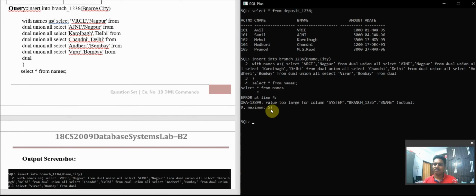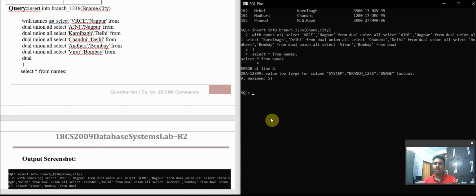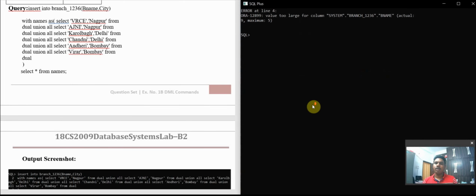The maximum is 5, but here I'm entering 6 or 7 values. That is the reason why it's showing an error, on the fourth line. So the maximum is 5 values I can enter. Now I need to alter the table.